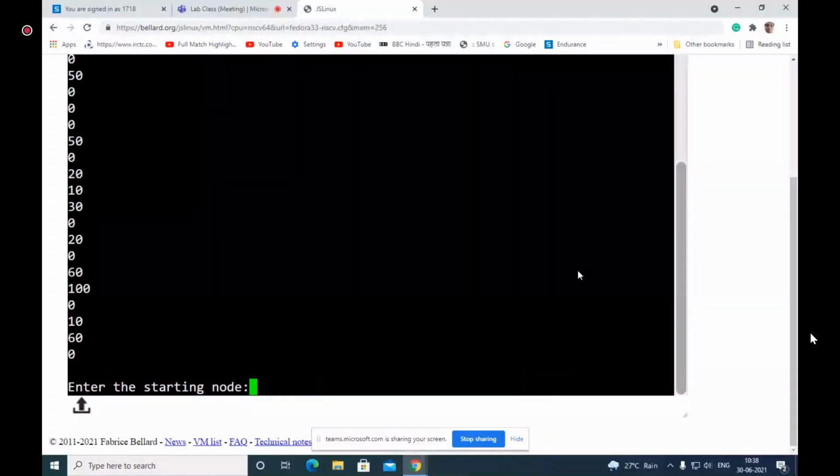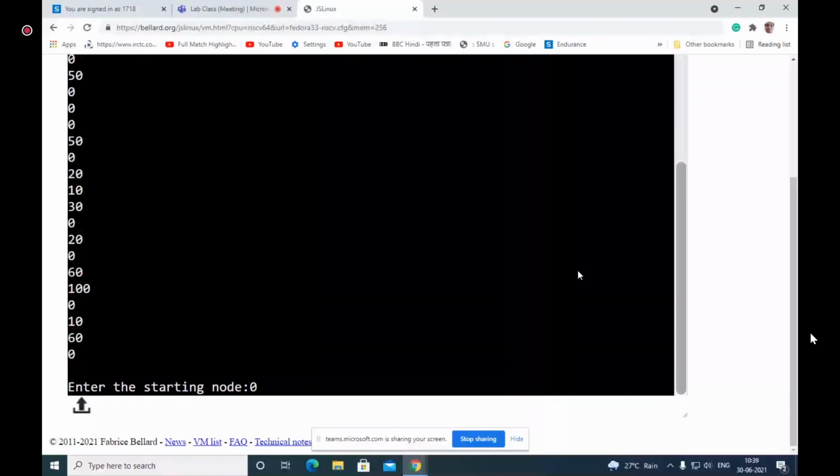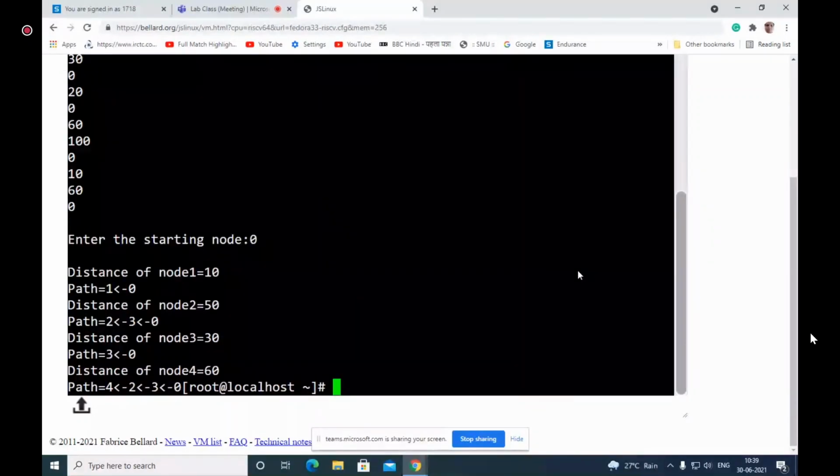Just consider that once again I am starting from 0. So the starting node is 0, then my program will run, and this is the final table. The distance of node 1, from 0 to 1, is 10, and the path is 1 to 0.